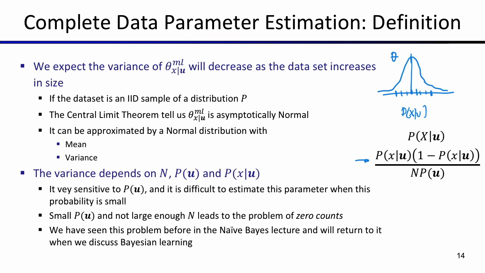So because it's a normal distribution, we can compute bounds that are tighter than the bounds that we computed in the previous lecture. When we discussed the Hoeffding and also the Chebyshev bounds, those bounds were for any distribution. They are valid for any distribution. Doesn't matter what distribution we're talking about. Now we are talking about one specific distribution that is a normal distribution. So we can compute the variance that is this equation here. We can transform the variance into a standard deviation by computing the square root